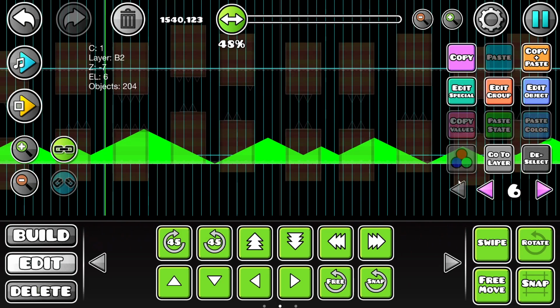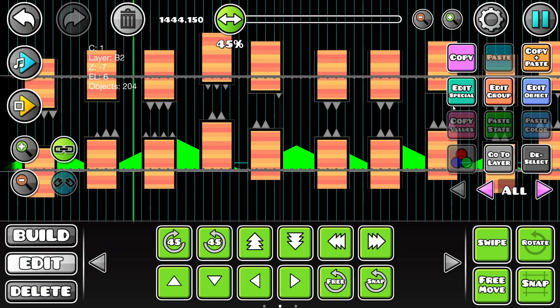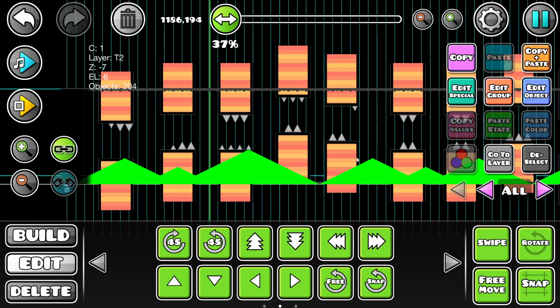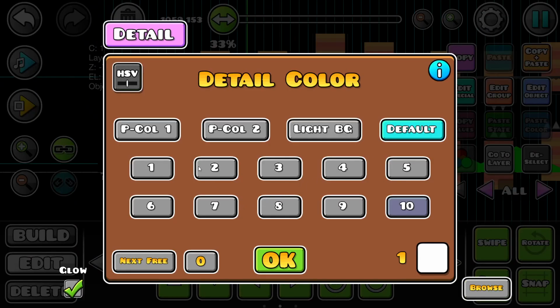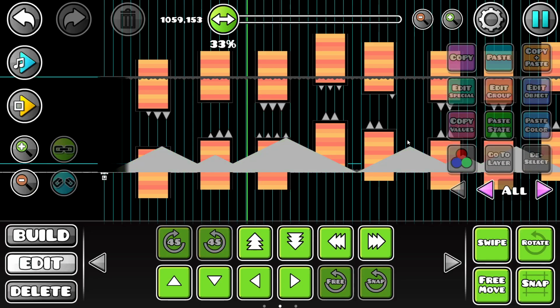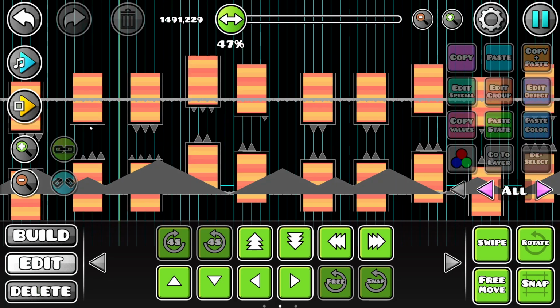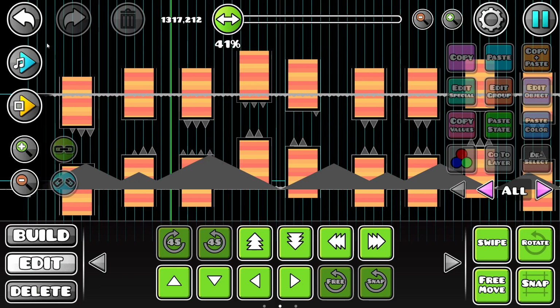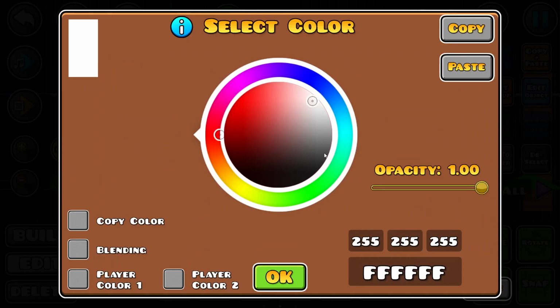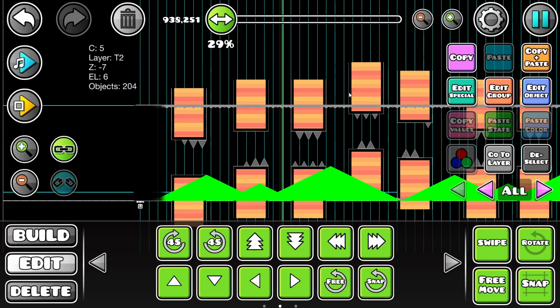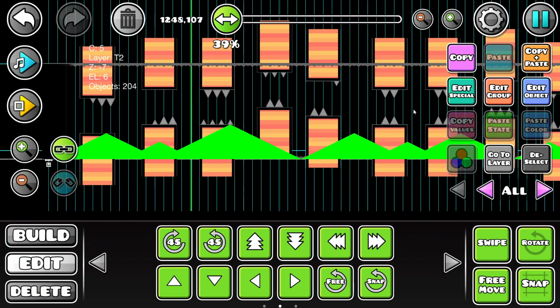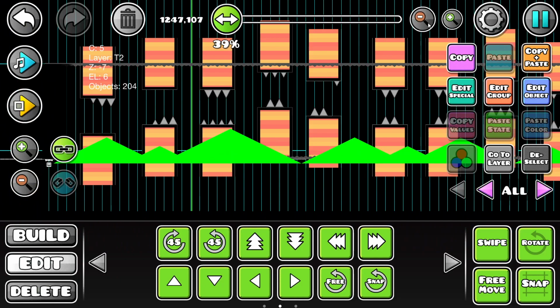Next you're going to want to place your foreground above the block design, so I'm going to place it on T2, and I'm going to change it to black, which is what I would recommend for foreground. Now this black pulses, so I'm going to change it to another black, and this one will not pulse. Now you can adjust your foreground however you like. I think I'm going to move this down half a block,